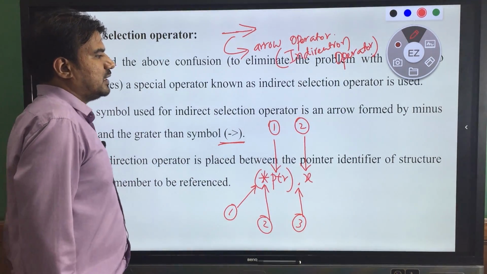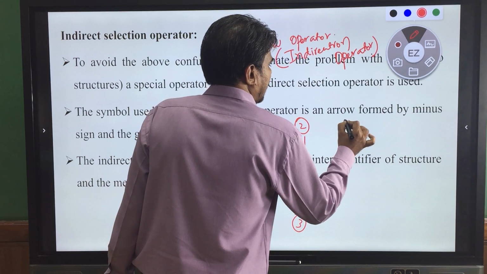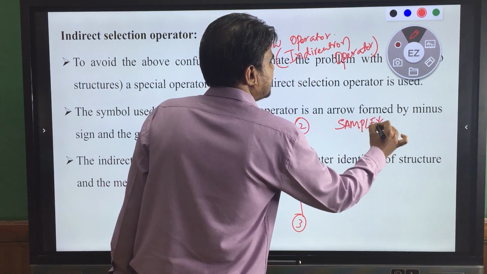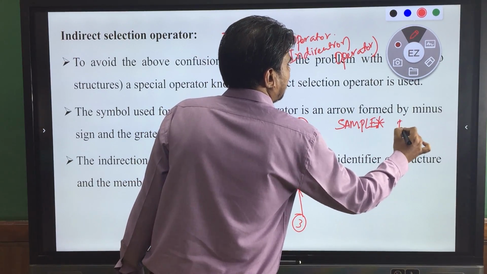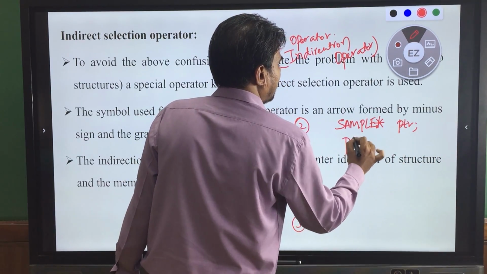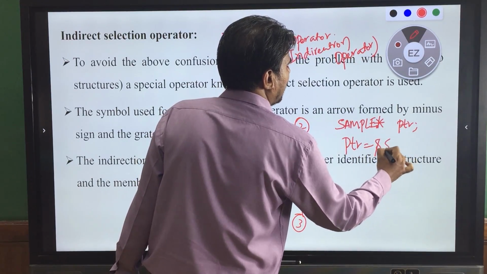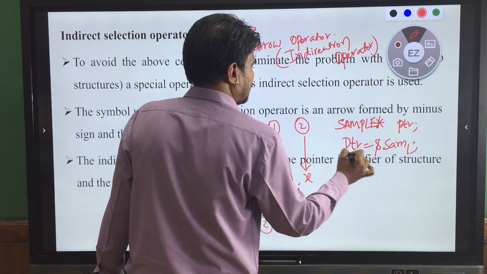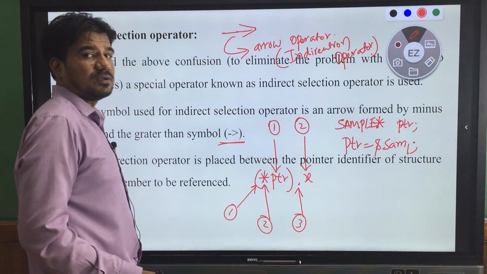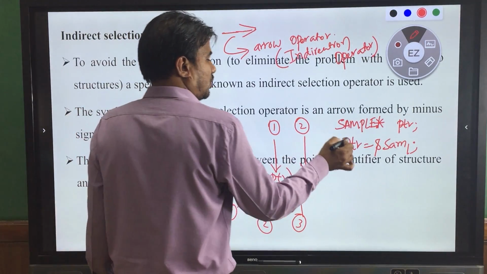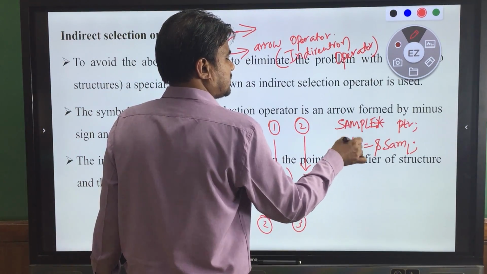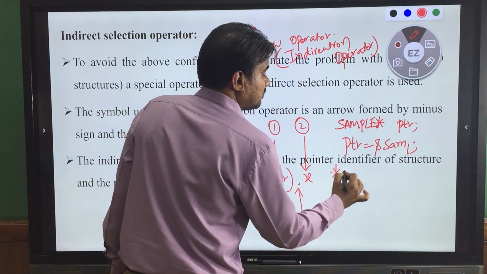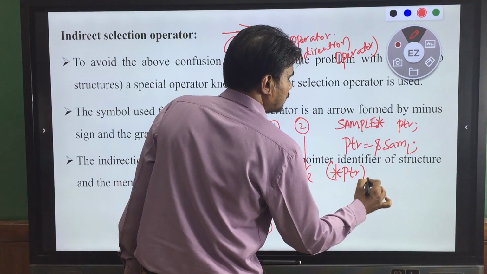To show that here, take the same PTR of type sample. We declared it of type sample, isn't it? Sample star PTR. In this PTR, what have we done? We stored the address of SAM1. Now, to access the fields from this sample structure using this PTR, I hope you remember this sample structure we discussed in our previous slides, what do we do? Like this, star PTR, it is a confusing way, we said.